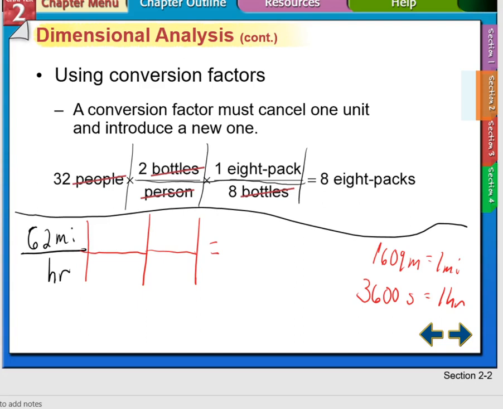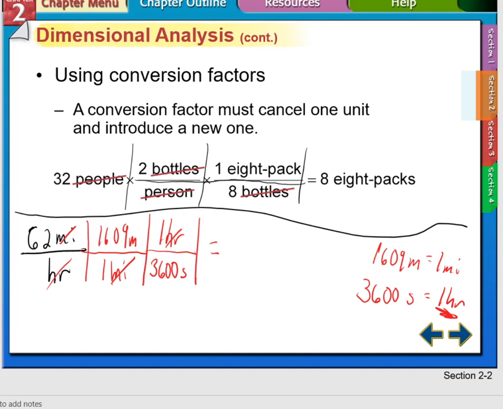So we're going to have 1 mile on the bottom and 1609 meters on the top. Miles will cancel. Hours are on the bottom, so 1 hour here is here, and 3,600 seconds on the bottom. So now, hours cancel, and we go top times top times top, so 62